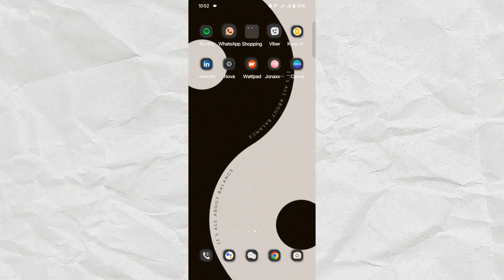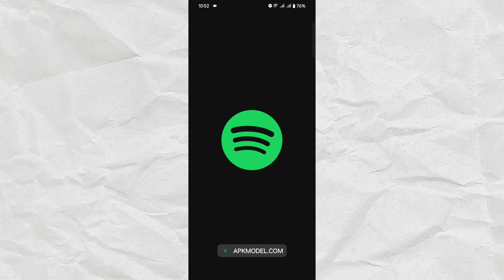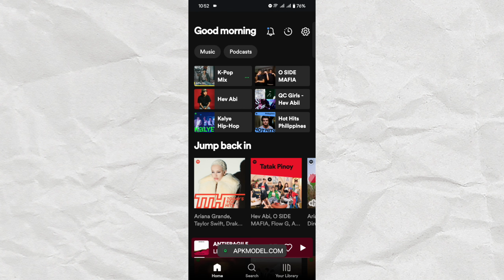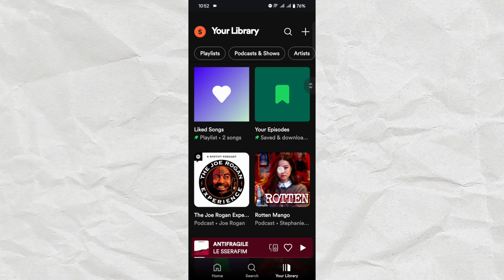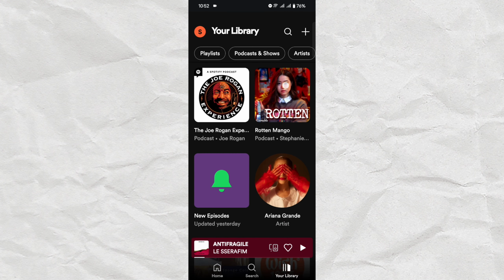To remove podcast history, the first thing that you need to do is to open Spotify on your device. On the platform, click on the Your Library section that you'll find at the lower right corner of your screen. In this area, you'll be able to find the list of artists and podcasts that you follow or like on